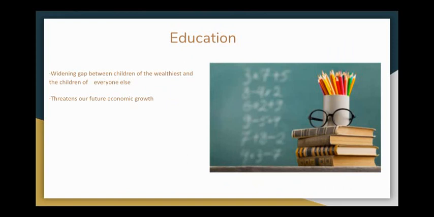Education. One of the clearest manifestations of growing economic inequality today is the widening educational achievement gap between the children of the wealthiest and the children of everyone else. This widening gap is largely due to differences in how well prepared children are for school. In eras of economic inequality, wealthier parents have far more resources, both in terms of time and money, to better prepare their children to succeed in school and later in life.